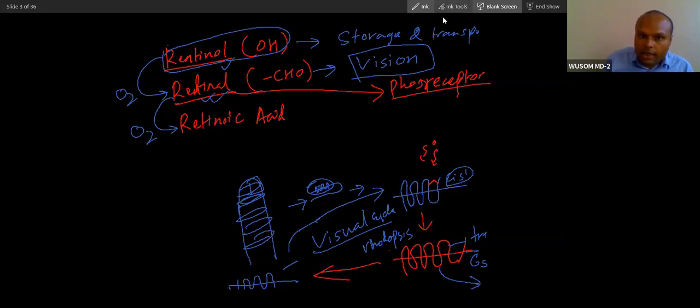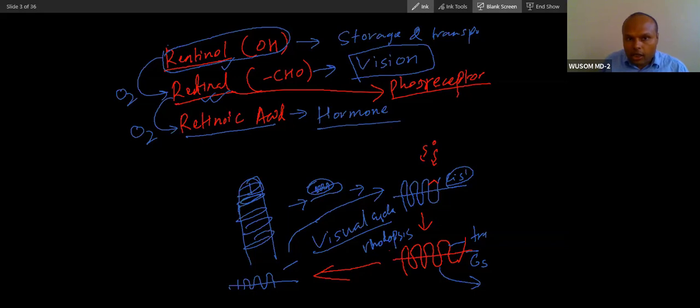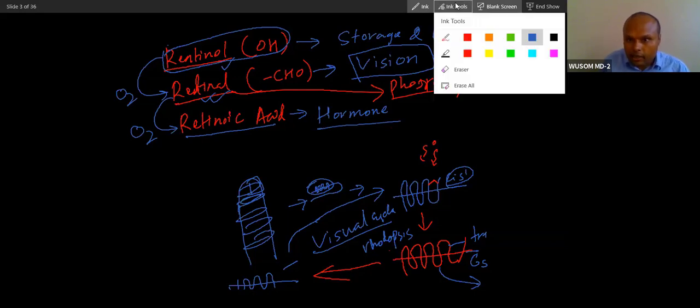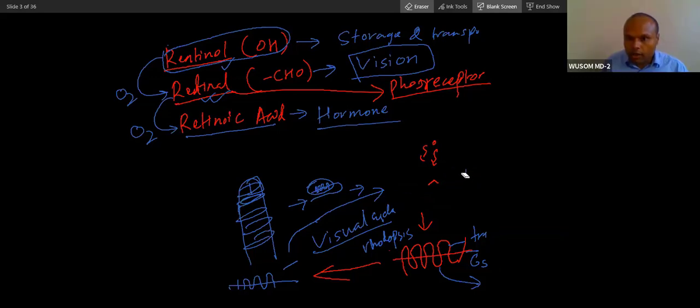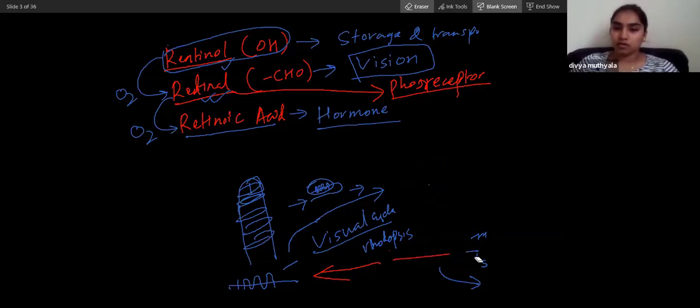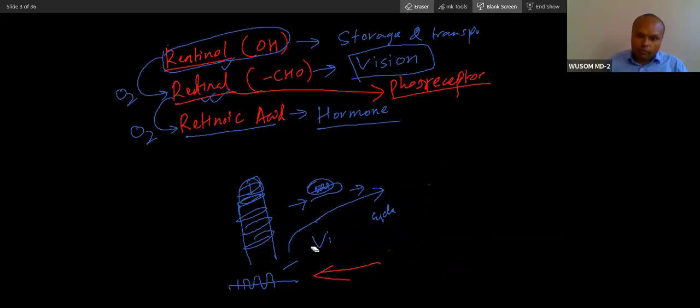Now let's talk about retinoic acid. Retinoic acid actually functions in a different way. It is a bit like a hormone. Did you understand how retinol functions? Yes, sir, in the visual cycle. It changes the conformation. Yes, it changes the conformation. It is actually a photoreceptor. Retinol is a photoreceptor in rod and cone cells.